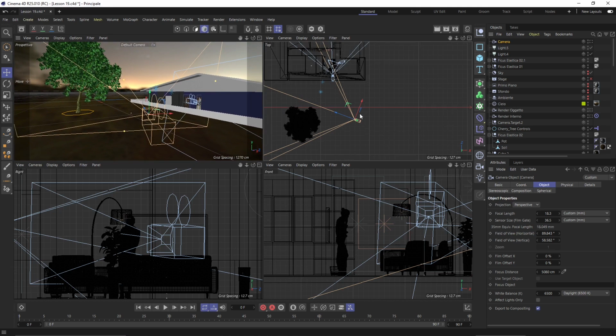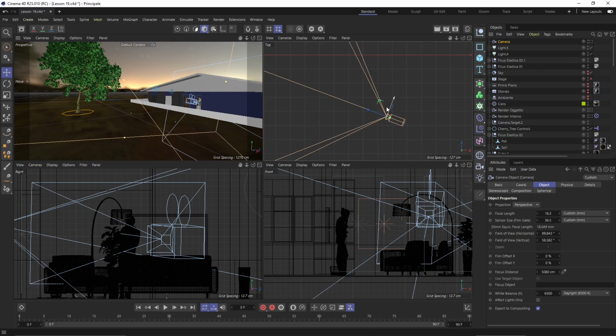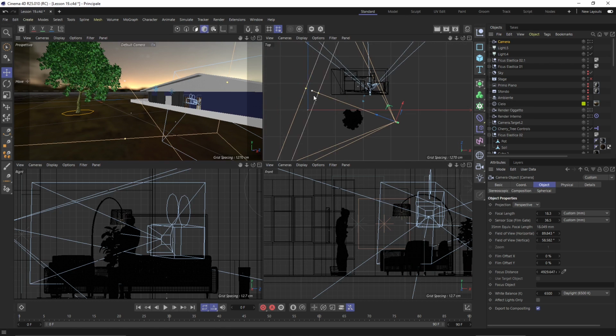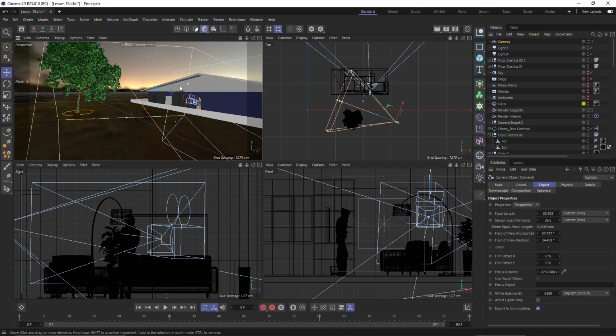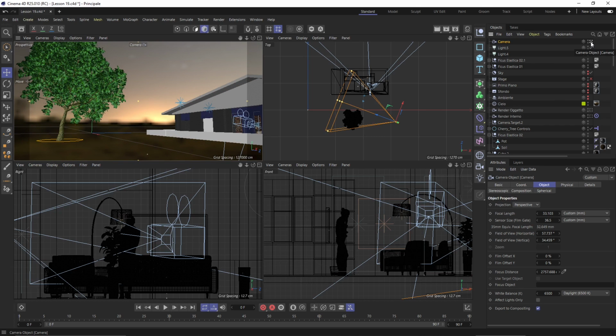Now the camera is similar to a spotlight. So it has a source, so a point of view, which is this one here. And it has a target, which is this one here, and also a field of view. Now you can see that I'm actually watching the camera from outside, but I can do the same things while inside. So I need to click on this kind of aim, and right now I am inside the camera that I just created. So let's call this exterior camera.